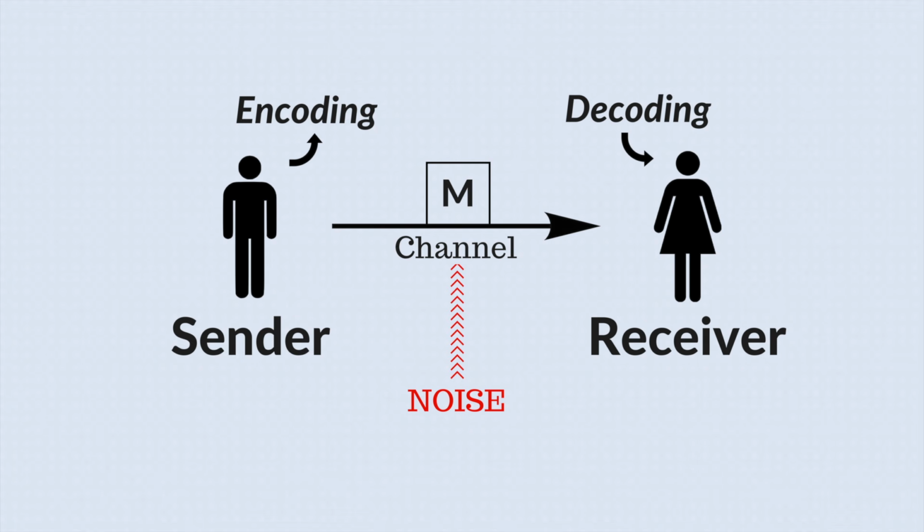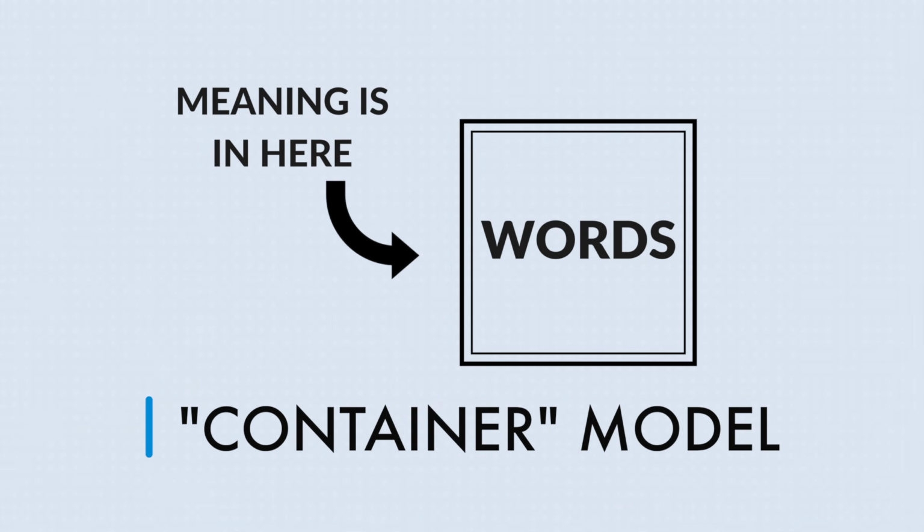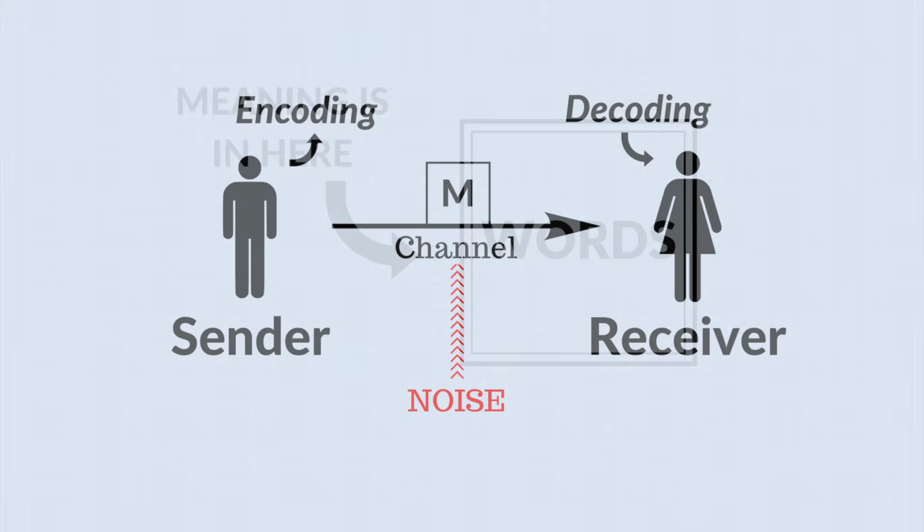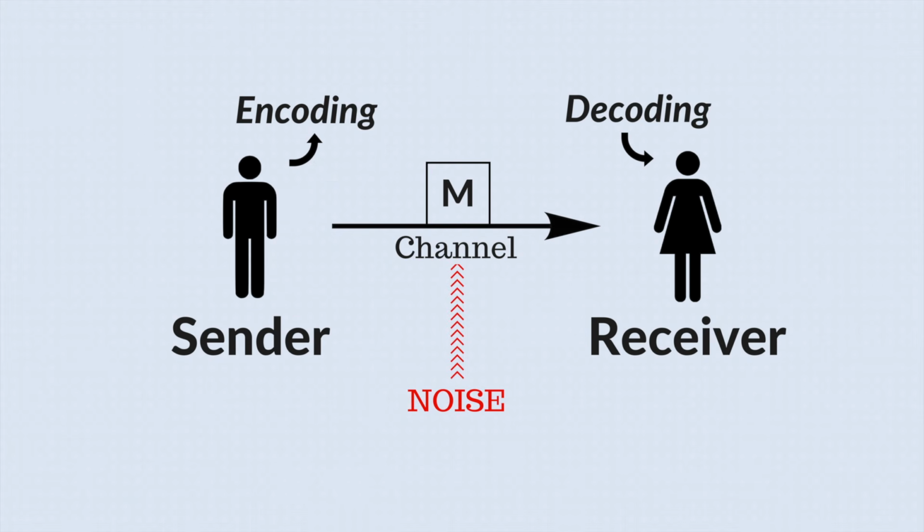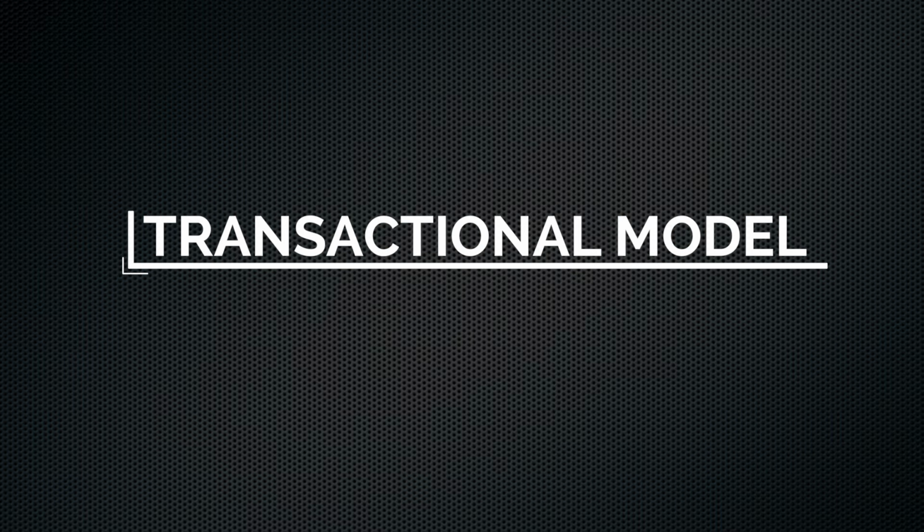It's also sometimes called the container model of communication, because the words, according to this model, are thought to contain the meaning. Everything you need to know, in other words, all the meaning, is contained in the words. As all the examples here illustrate, this model is very useful for explaining how information technology works and how communication works anytime you're sending it through some type of technological communication channel. It has clear limits, though. A lot of people criticize it because it doesn't explain the complexities and the human dynamics of face-to-face communication well.